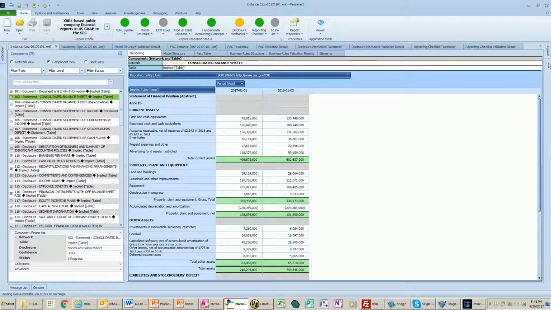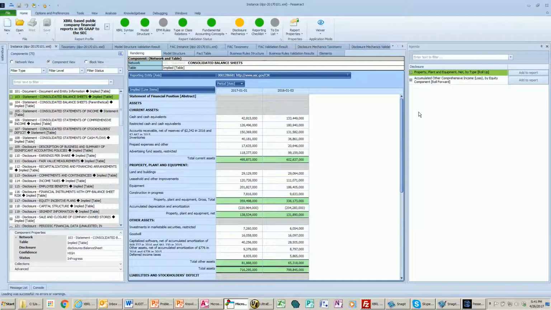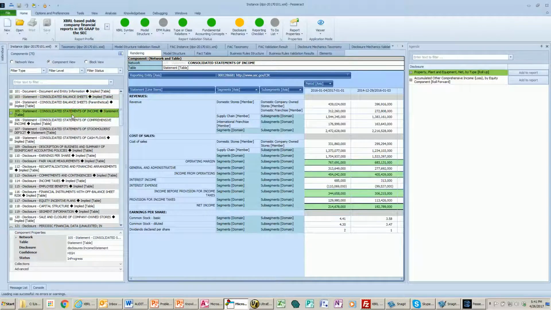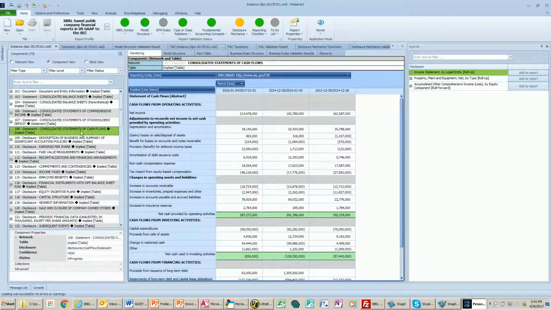So if I go here and I pin this, this is the agenda that is used to create the report. So I'm going to delete the income statement. Since the income statement is a required disclosure, the income statement shows up on this list now because there's no income statement. If I delete the cash, now let's see, I'm going to delete the